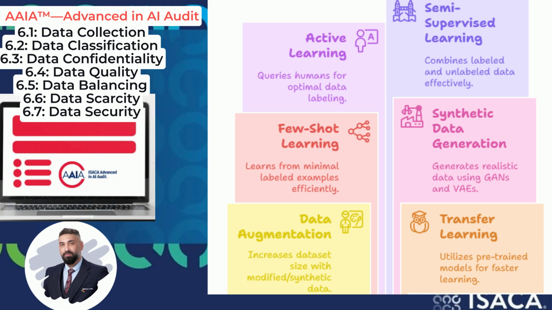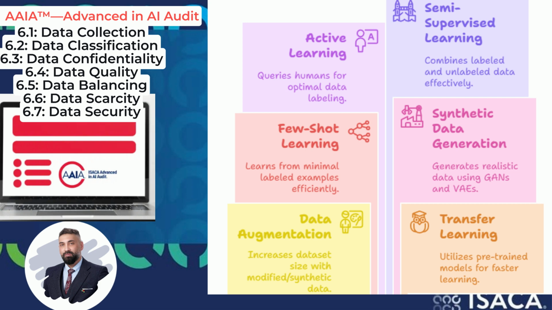Fortunately, there are several techniques to mitigate data scarcity. Data augmentation, creating new synthetic data points by applying various transformations to existing data. For images, this could be rotating, flipping, or changing brightness. For text, it could involve paraphrasing or synonym replacement. Transfer learning. This is a very powerful technique. It involves leveraging knowledge from a pre-trained model, often trained on a very large dataset like ImageNet or large text corpora, and adapting it to a new related task where data is scarce.